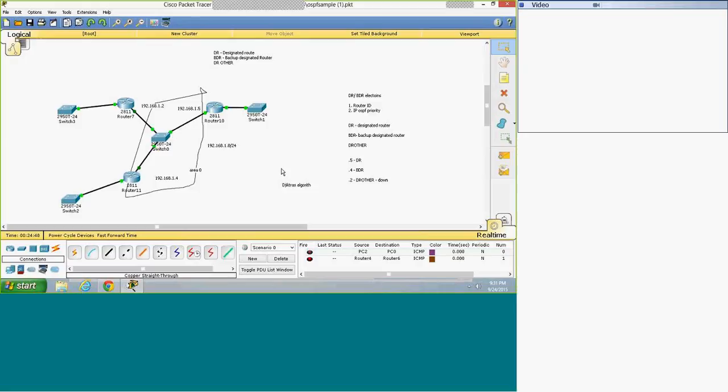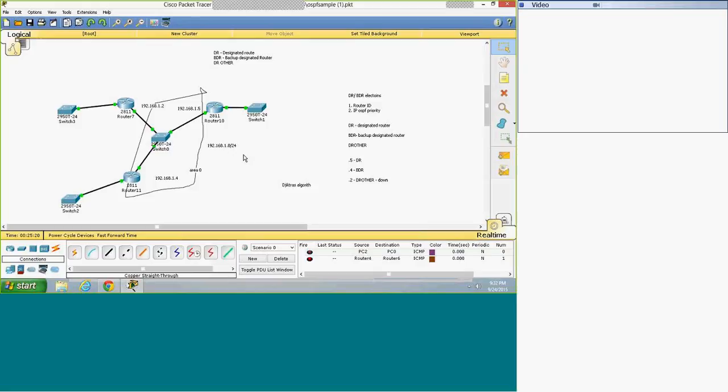How are you selecting the shortest path first? This area will go on with another WAN area, and this will go on with another WAN area, right? Yes. Based on the priority of the router, it will choose the designated router. How the priority of the router is going to be set, we can define it, right? You can also give OSPF priority. You can also modify the priority of the area, which router is to be the